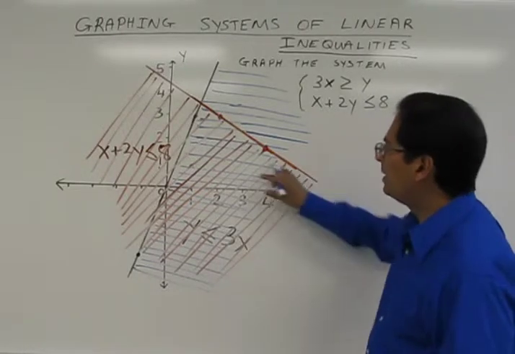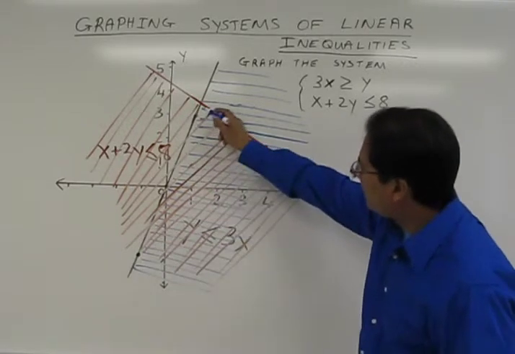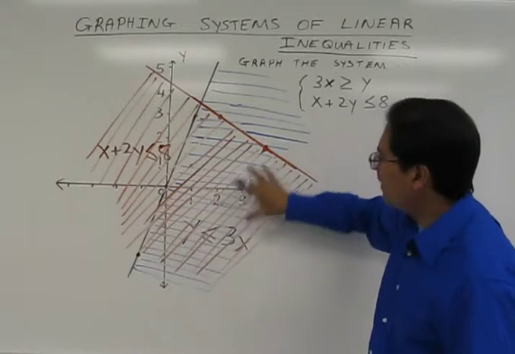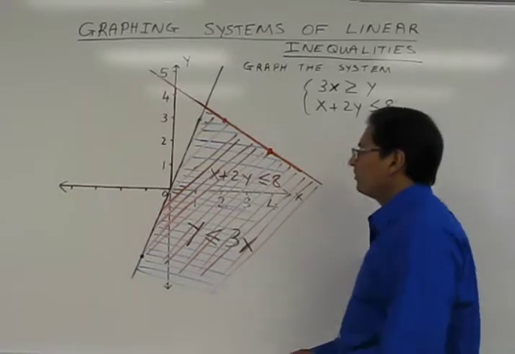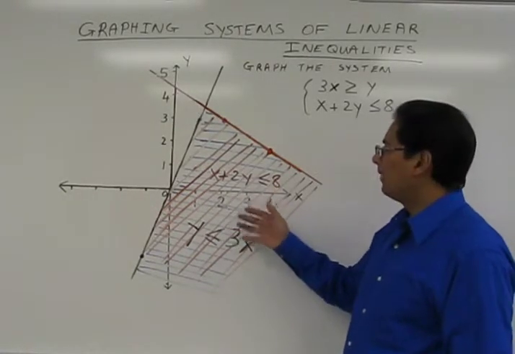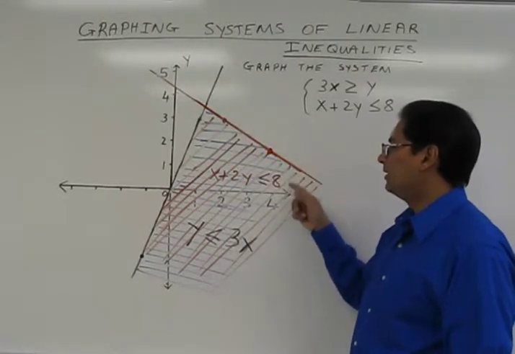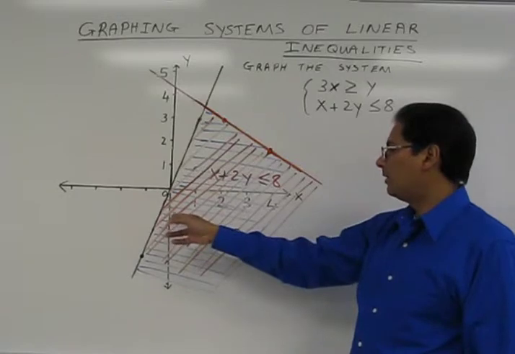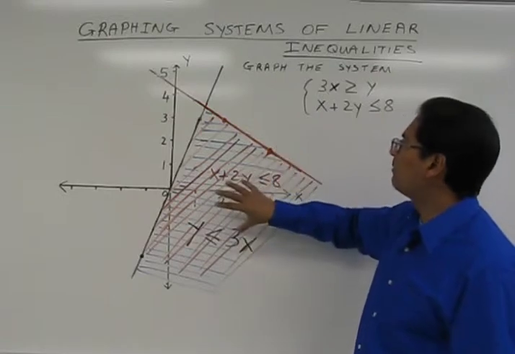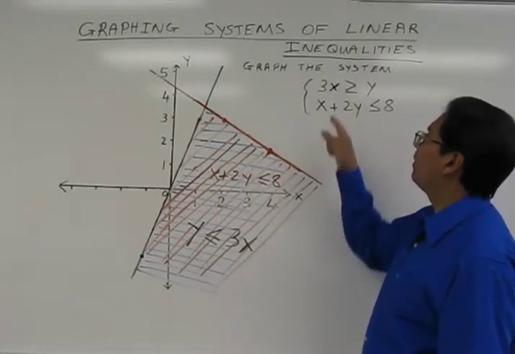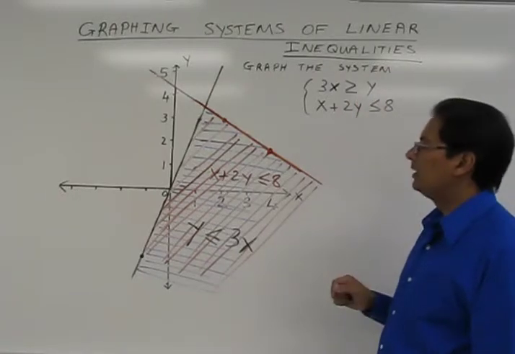And so if I were to clean it up and just shade the area we want, it would look like this. Remember, it's going to be bounded by this black line and this brown line, all this piece in here. So let's clean this up and just shade the piece that we're looking at. Once we clean up the graph and we see the area where both are shaded, we're shading under the line x plus 2y equals 8, and to the right of the line y equals 3x, is this area here that has both the brown and blue. And so this area represents the solution area to the inequality system 3x is greater than or equal to y, and x plus 2y is less than or equal to 8,